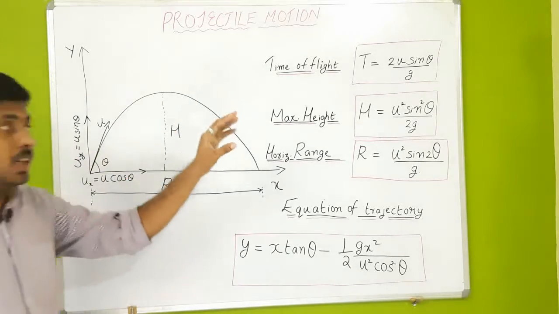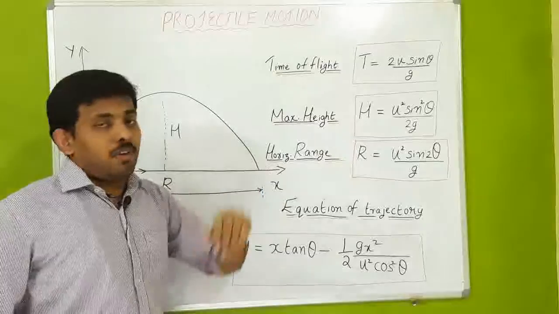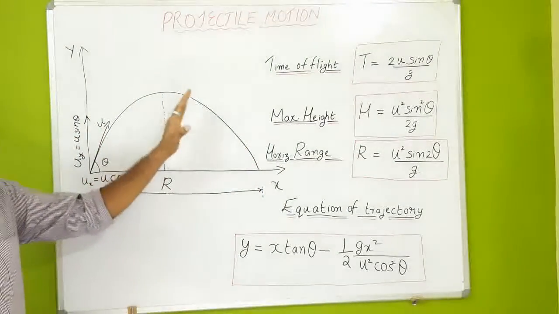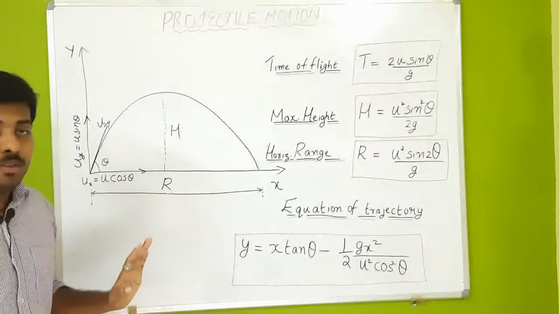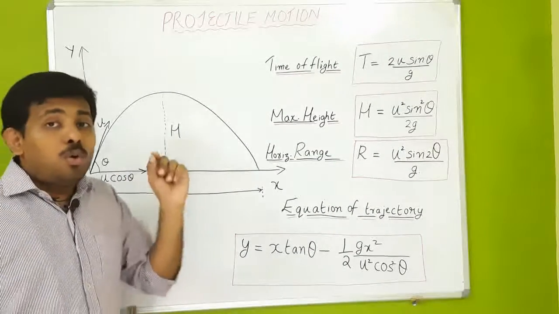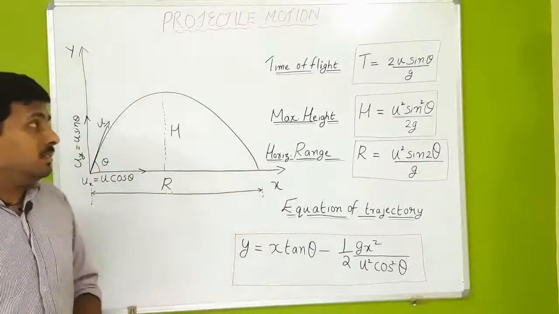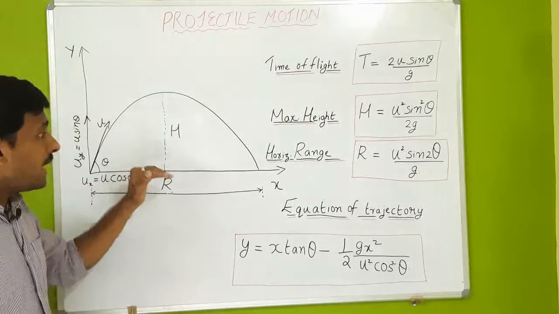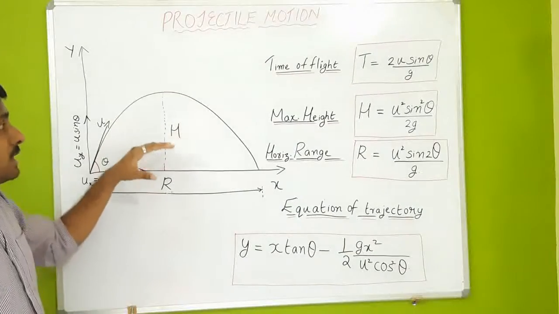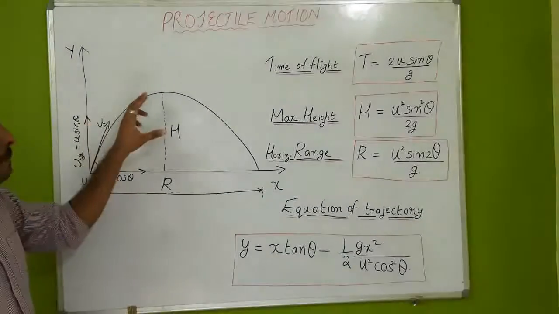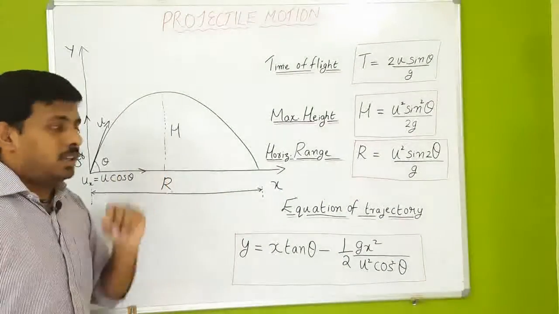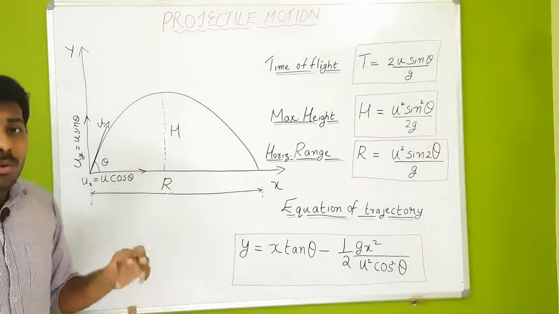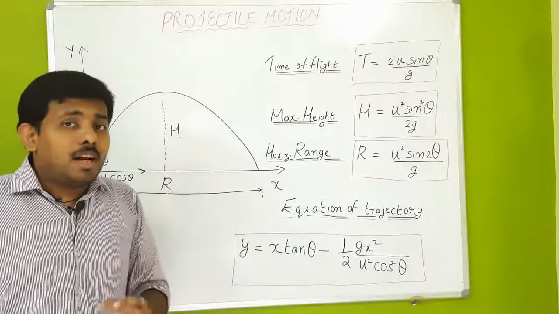And the main equations are, the first equation is of time of flight. The time of flight means the total time taken by the particle to complete this projectile motion. The time of flight t is equal to 2u sin theta divided by g. And the next equation is of the maximum height. Maximum height is the maximum vertical height or maximum vertical distance that is attained by this particle undergoing projectile motion. So the maximum height is represented by h, and h is equal to u square sine square theta divided by